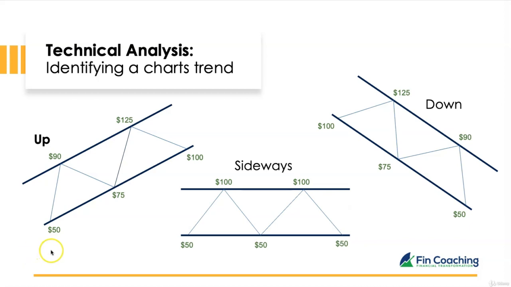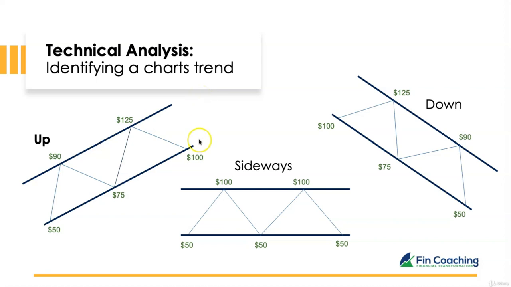In an upward trend, you can see the price starts from $50 and goes up to 100. So from 50 to 90, down to 75, up to 125, but back down to 100. Now, you can probably guess that the next price will actually be up somewhere around here, which is about